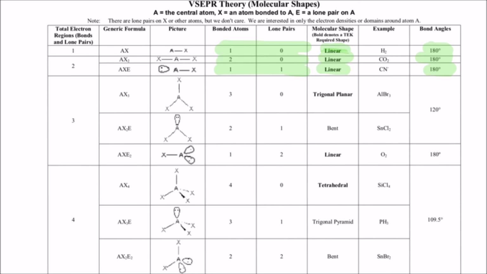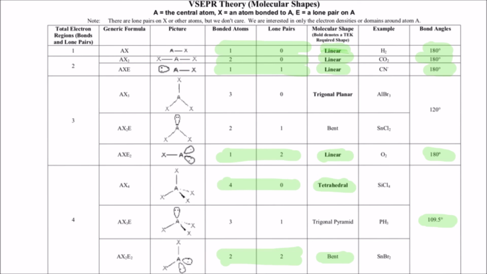You've got a linear here, which means you need to know that this scenario gives you linear, and again 180. Here's a tetrahedral, so you need to know that 4 and 0 give tetrahedral, and that the angle for tetrahedral is 109.5. You need to know this specific bent, so that one's the 2 and 2, and it has